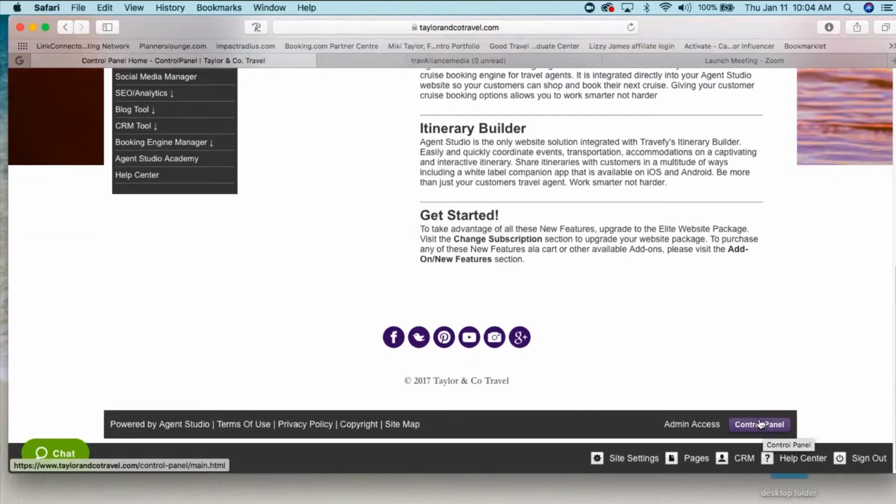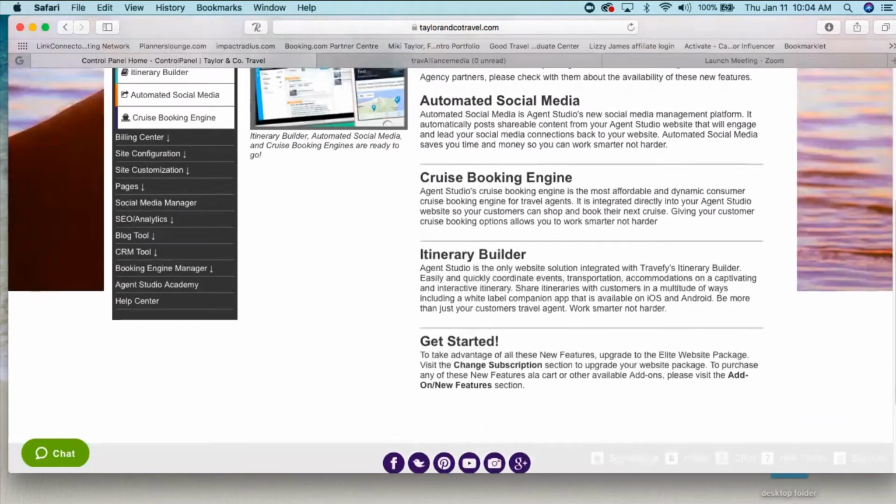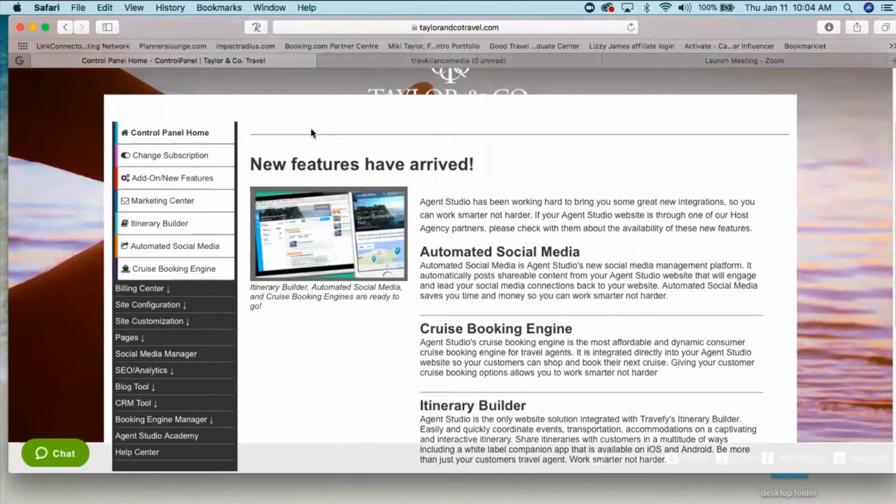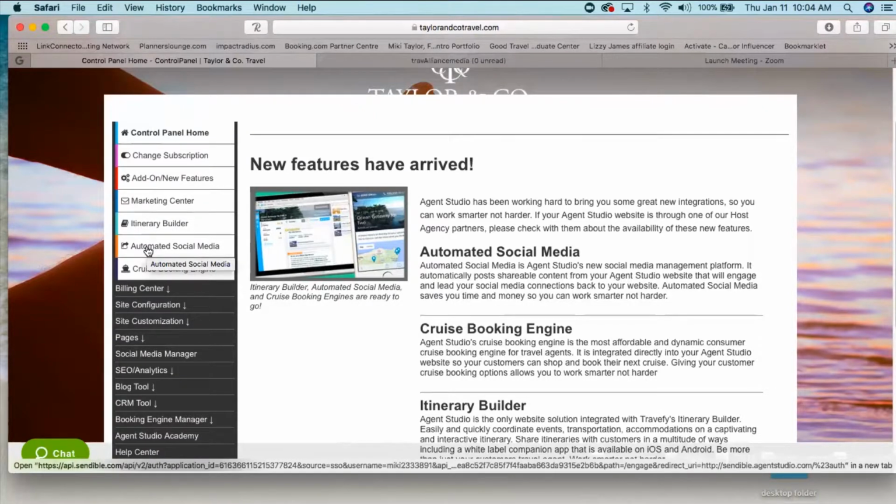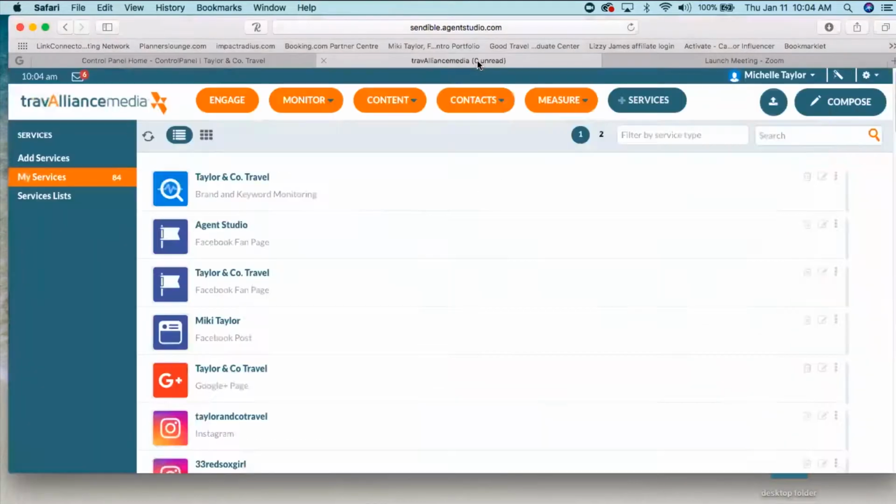So you'll click on this button and you will be prompted to log in. Once you log in, you will be in your control panel. Now, on the left-hand side, you will see about a third of the way down the list, automated social media. So go ahead and click on that if you're following along, and this screen will open up.